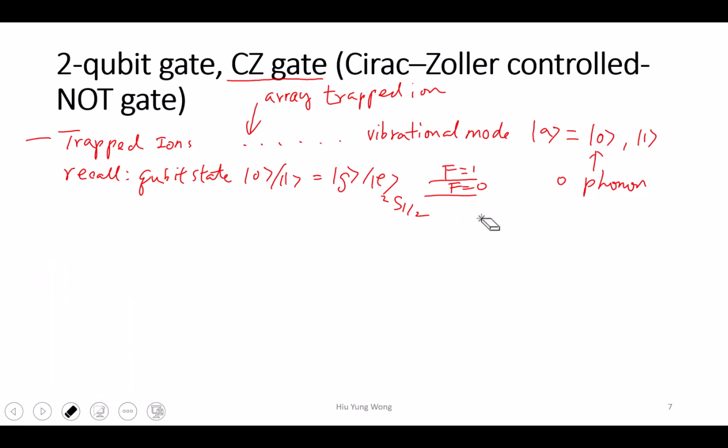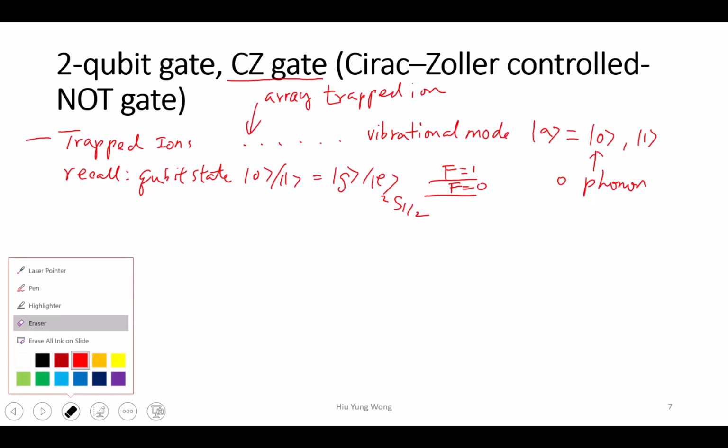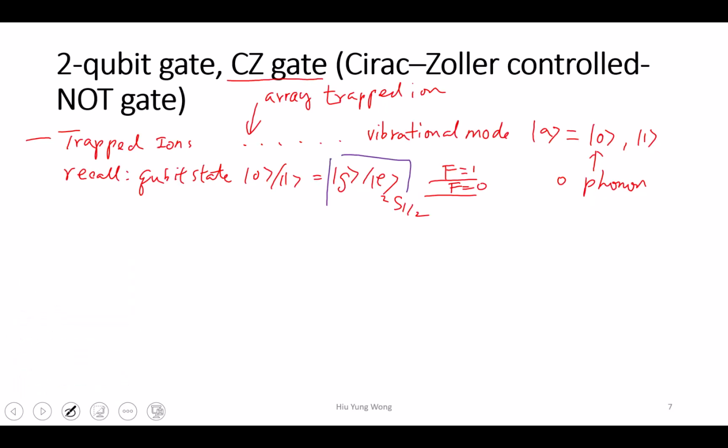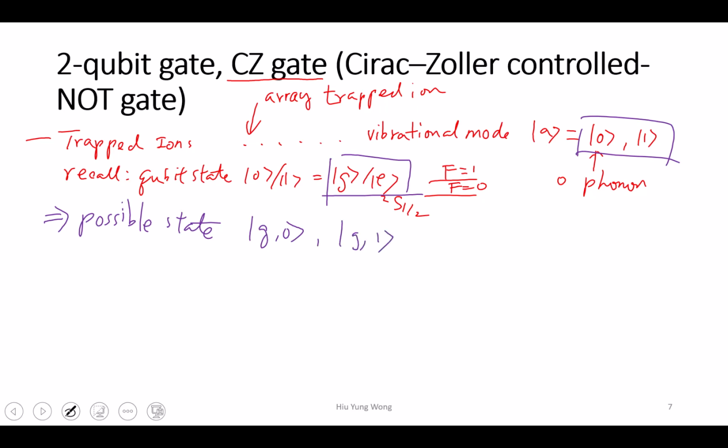Now, just be clear, right? I don't want you to get confused. So now we are talking about ground state and excited state, and this 0 and 1 are talking about the phonon. So there are two systems, right? We can form the tensor product. So the possible states: I can say this is G0, my qubit is in the ground state, no phonon excitation. G1, qubit is in the ground state, 1 phonon excitation,